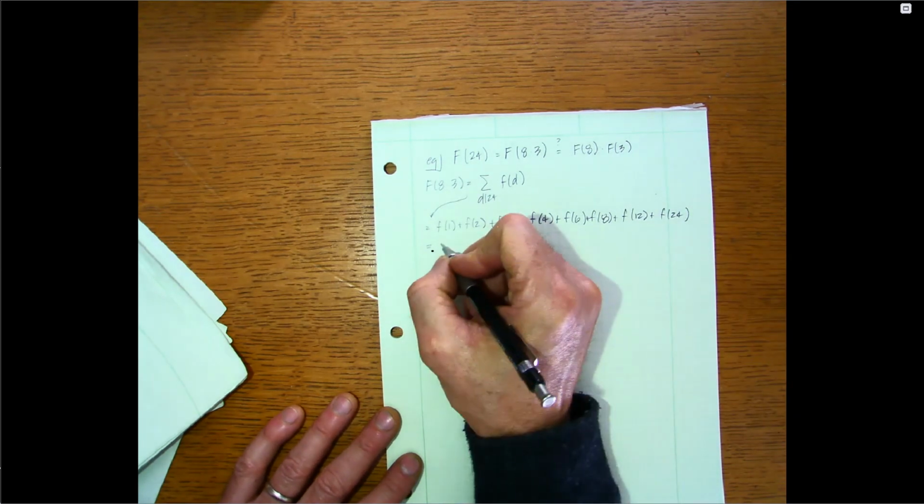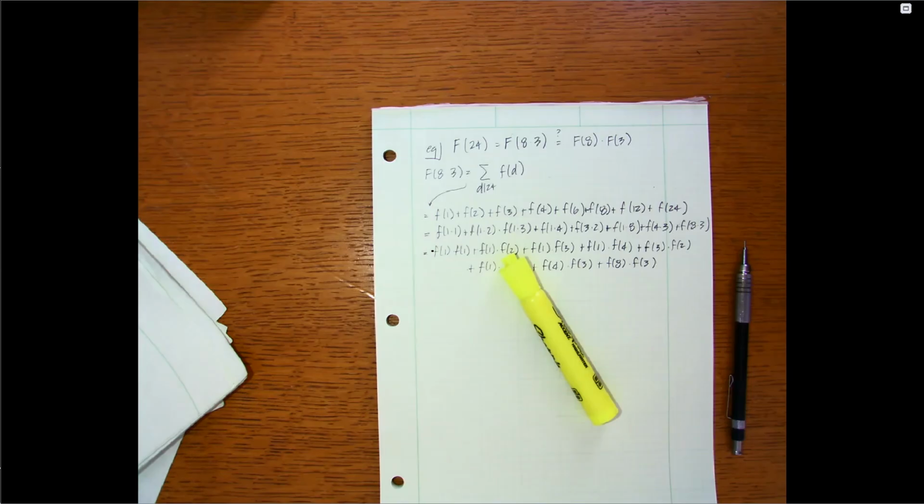This guy would be f of 1 times 1, right? Both factors of 8. This would be f of